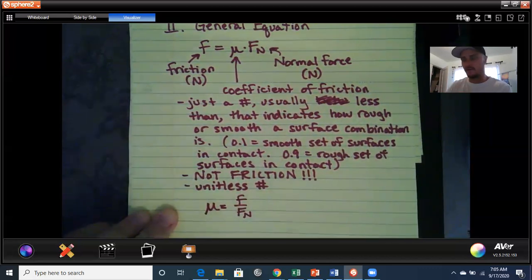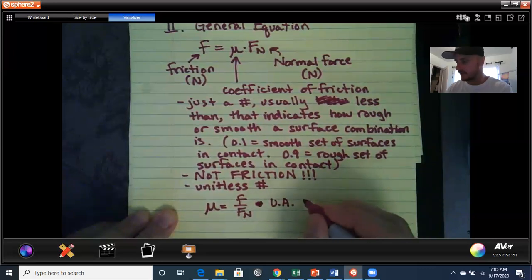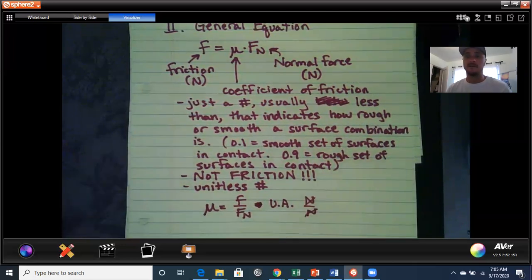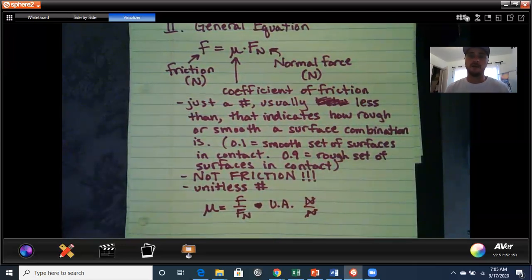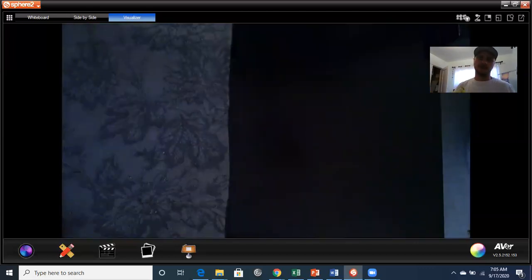I would divide Fn over, and then I would end up having a Newton. Let's look at the UA, my unit analysis. I would have a Newton over a Newton. Those would cancel out. You'd have no unit. Proof right there that it's just a number. That's all it is. Now let's get into our two types of friction, now that we have some definitional stuff